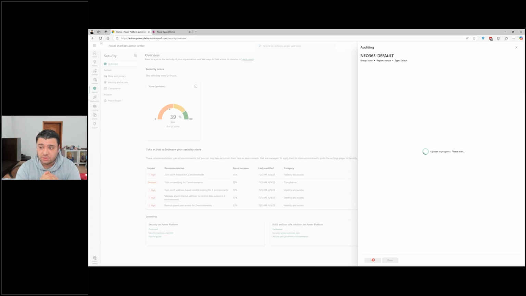environment, all the ups and flows into that, and now it will start with enabling that from the secure score perspective within the admin center, which I think is fundamental for everyone who is building their governance to have a look into that, because the more that you're going to use your apps and flows and X and Y and Z, the more items you will have in your list. I hope that this is not going to take a lot of time.